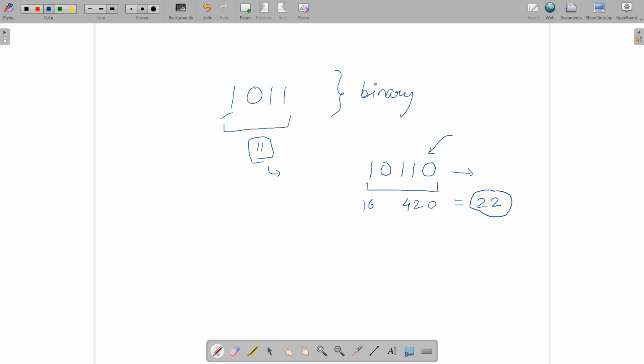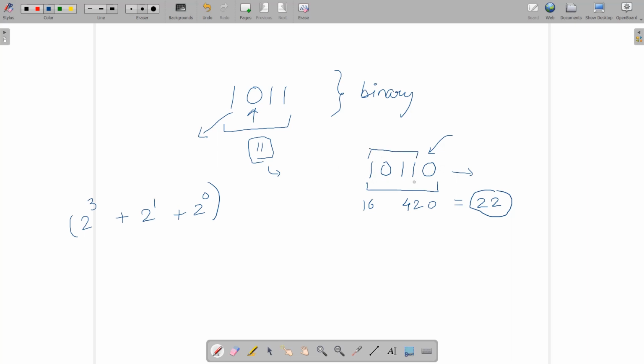If you write down the equivalent form of this binary number, let me write it clearly: 2 power 0 plus 2 power 1, 2 power 2 will not appear because here it is 0, but here it will come as 2 power 3. Here you can see this 1011 and 0 is appended.